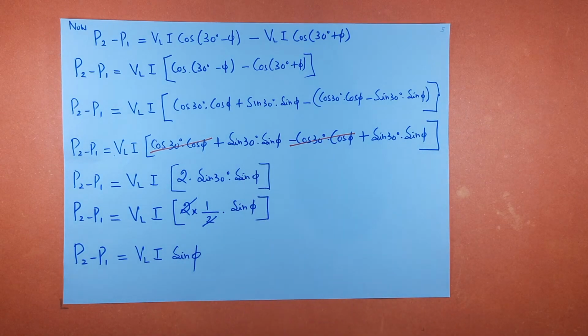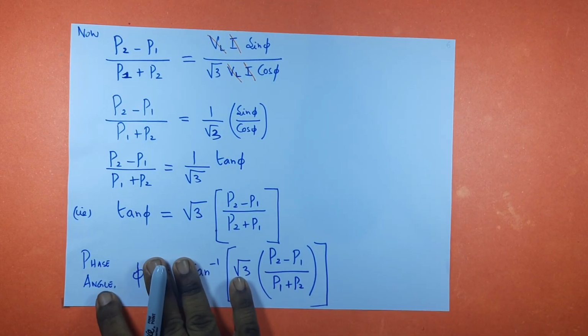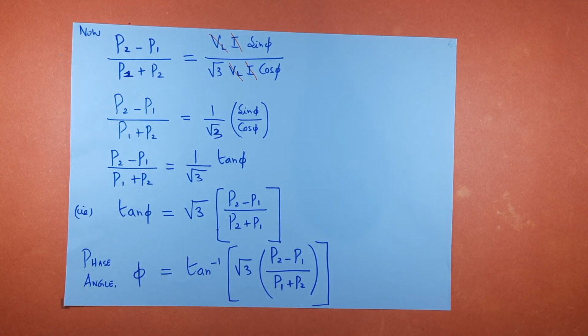So just you can add these two things. P2 minus P1 equals VLI 2 sin 30 sin phi. P2 minus P1 equals VLI 2 into sin 30, which is half, 1 by 2, sin phi. Those two get cancelled. P2 minus P1 equal to VLI sin phi. So now you take this ratio, P2 minus P1 divided by P2 plus P1, or P1 plus P2, it doesn't matter,